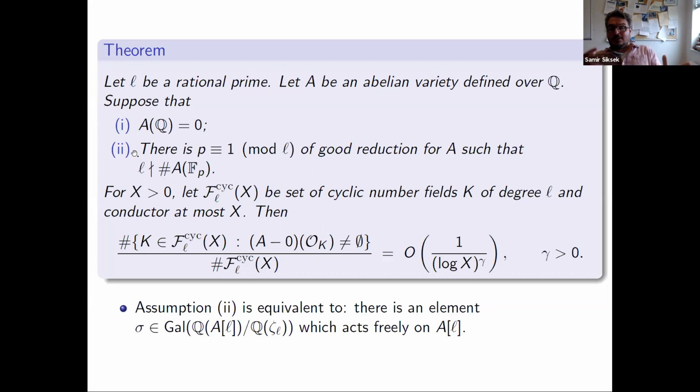And the trick that we've seen in the lemma tells you that if you're going to have a cyclic field of degree L where there are integral points, then the conductor is not allowed to be divisible by any of these primes. So basically, it reduces to a problem of counting cyclic fields versus counting cyclic fields with conductors that completely miss a certain subset of primes that has positive density.